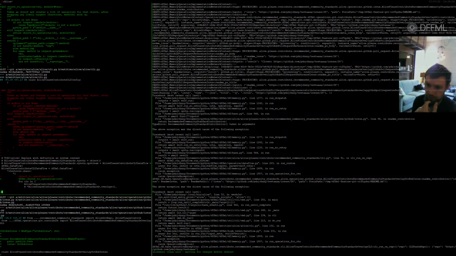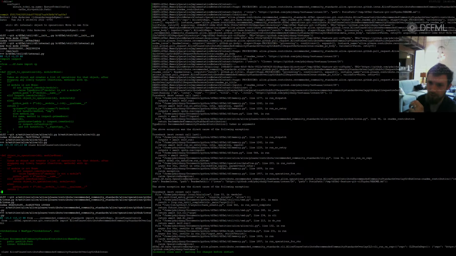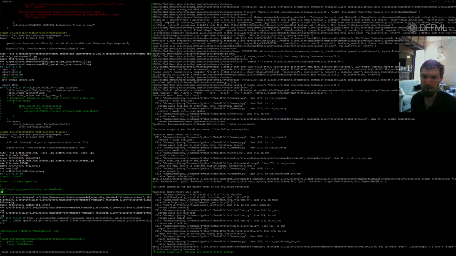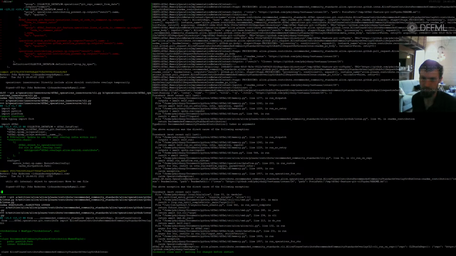So basically, this function that was here within the Alice entities Alice CLI, we pulled that object to operations function out and put it in dffml util df internal, and that was the move to own file. Then we came in here and just real quick hacked in the collector data flow within the